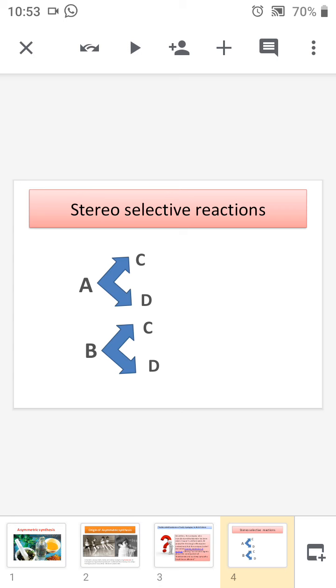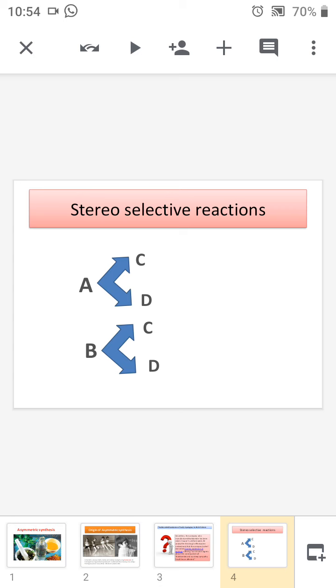Consider a chemical reaction going on with stereoisomer A, and A will give the two products C and D. If we do the same chemical reaction on the other stereoisomer, B, we will get the same products C and D. But the difference is that the ratio of the products C and D must be different for stereoisomer A and stereoisomer B. Suppose A gives 50% C and 50% D, but B gives more than 80% C and only 20% D. That is the difference between stereoisomers A and B while doing the same experiment.